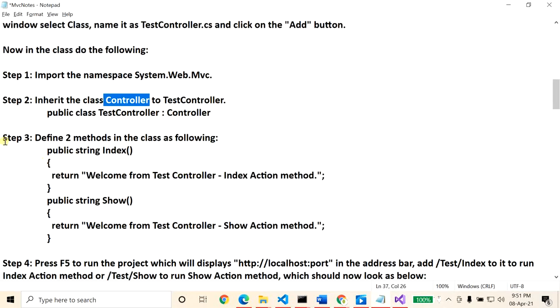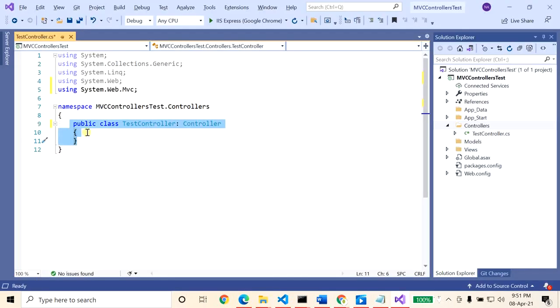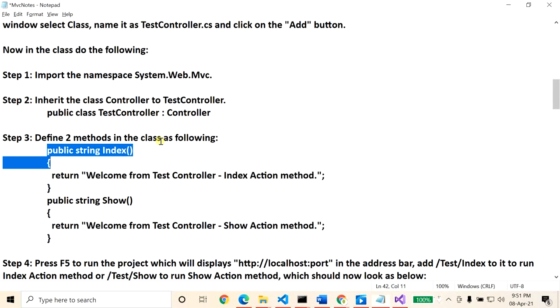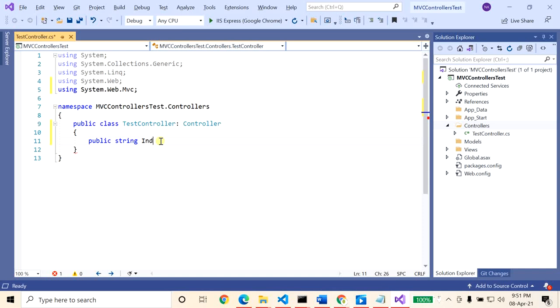Step number 3, define two methods in the class. First, public string Index.